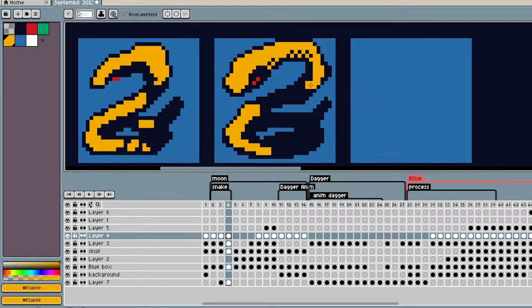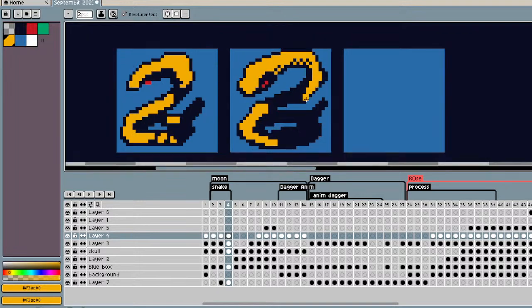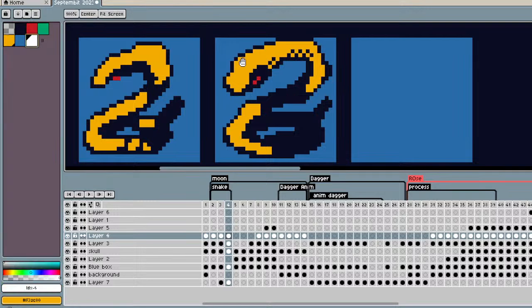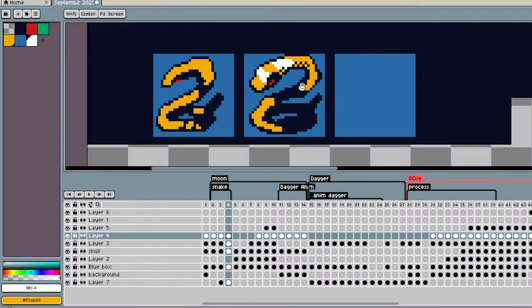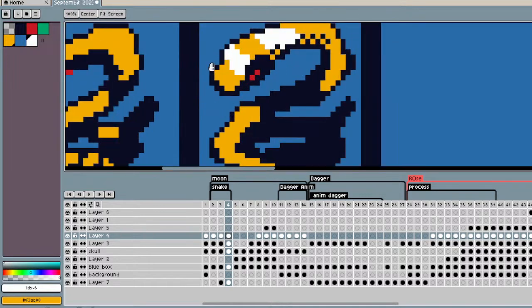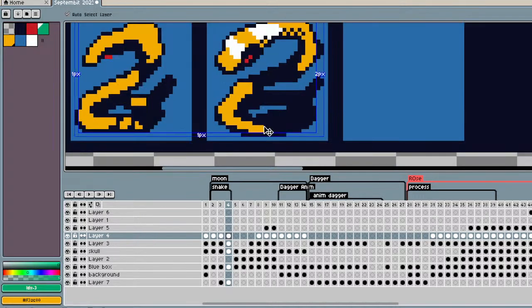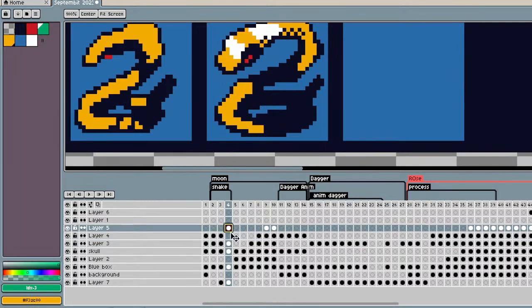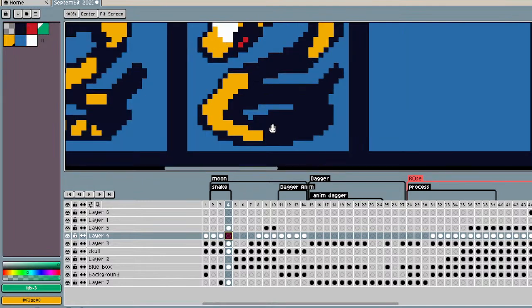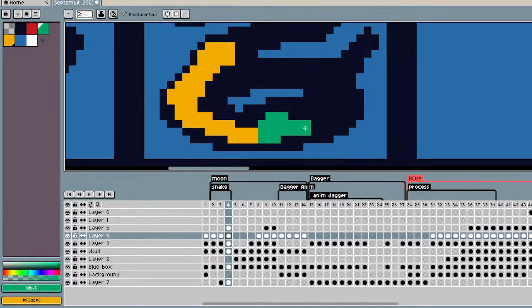So I'm going to try to keep the shiny. Of course, I'll add white as suggested, maybe with parts like this, highlighting a bit more. And then I'm thinking for the darker ones, let's move this upwards, create down here. I'm thinking of this transitioning to like green. So for example, when the sun hits the snake,